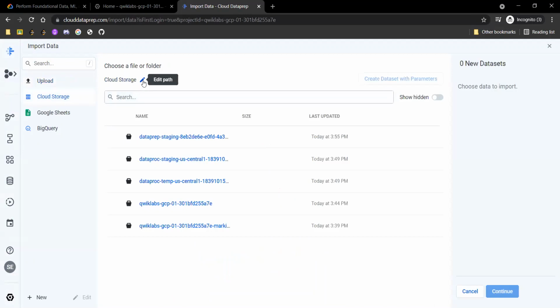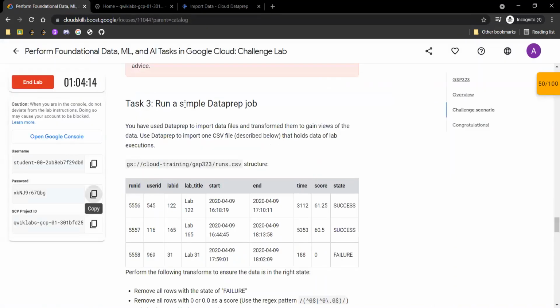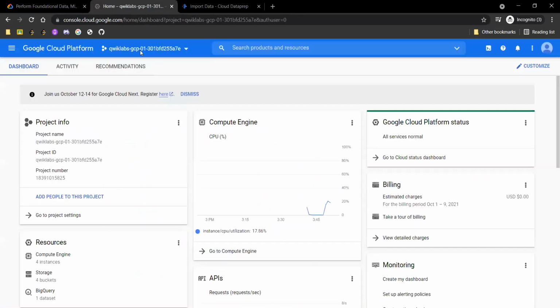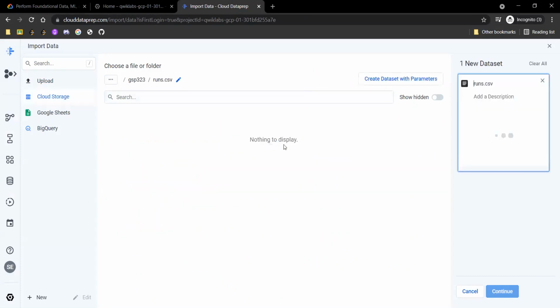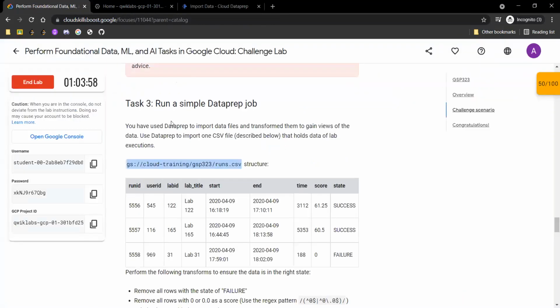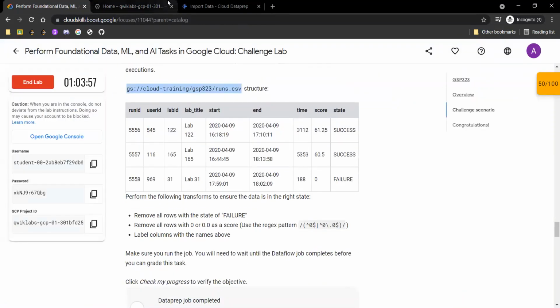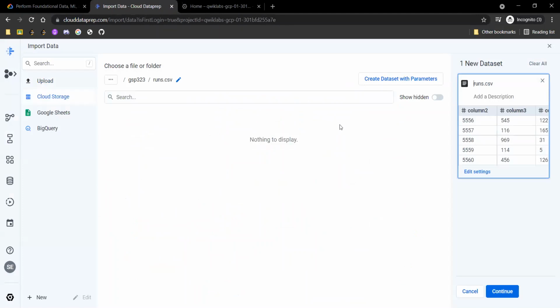Click on this pencil icon and simply copy this link of the cloud. Click on go. Now we have the dataset. Now simply click on continue.